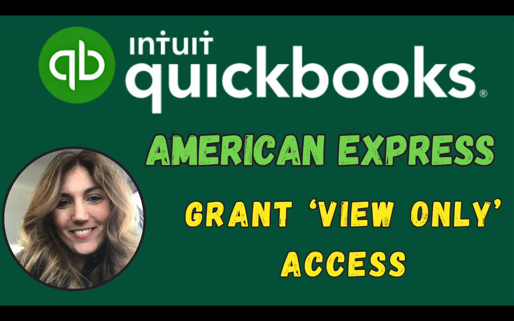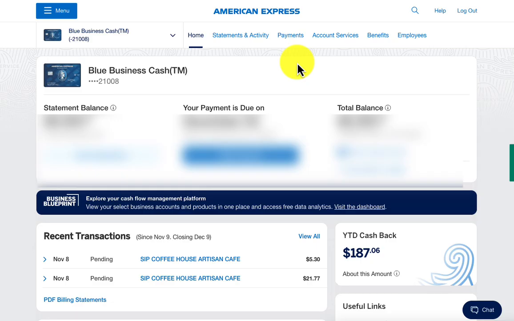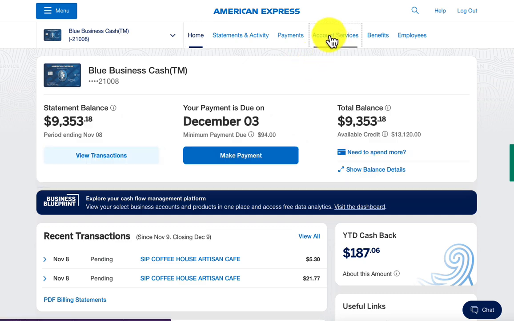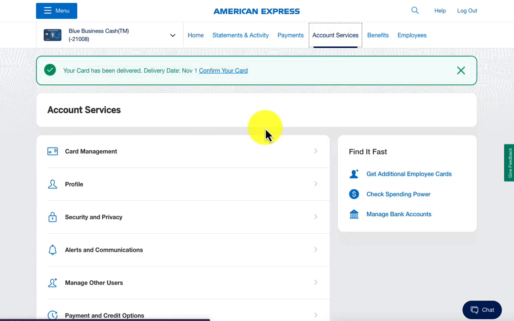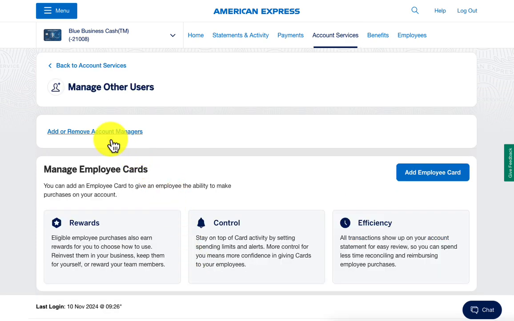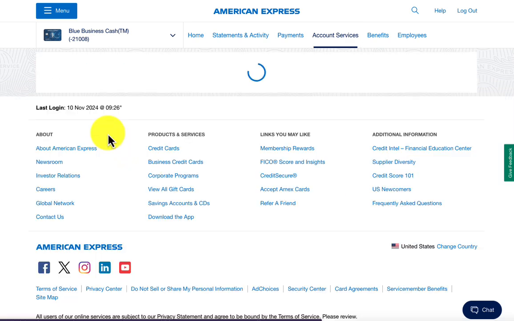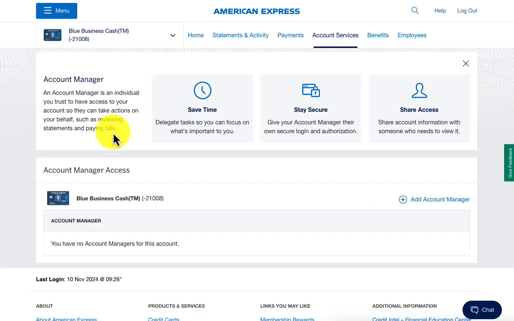Hey guys, in this video, I'm going to show you how to grant view-only access to your American Express account. Sign in to your American Express account. Go to Account Services, Manage Other Users, Add or Remove Account Managers, Add Account Manager,